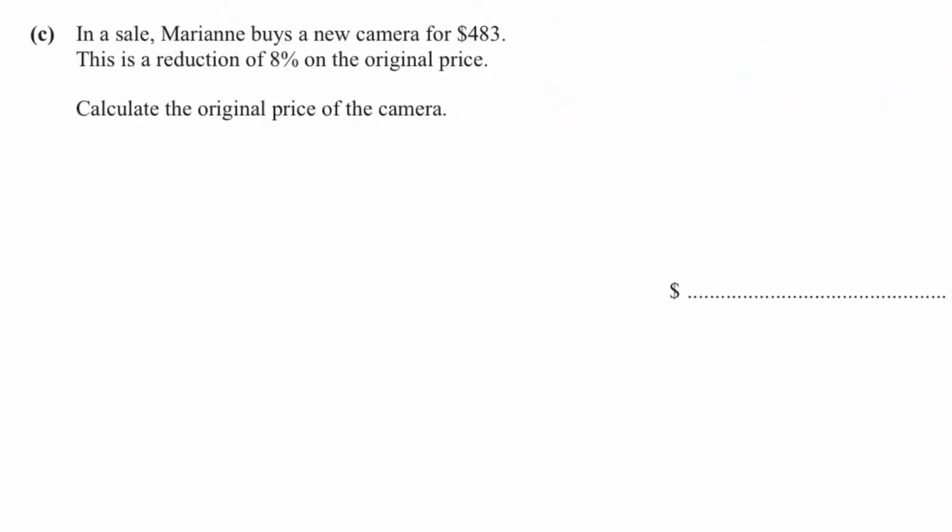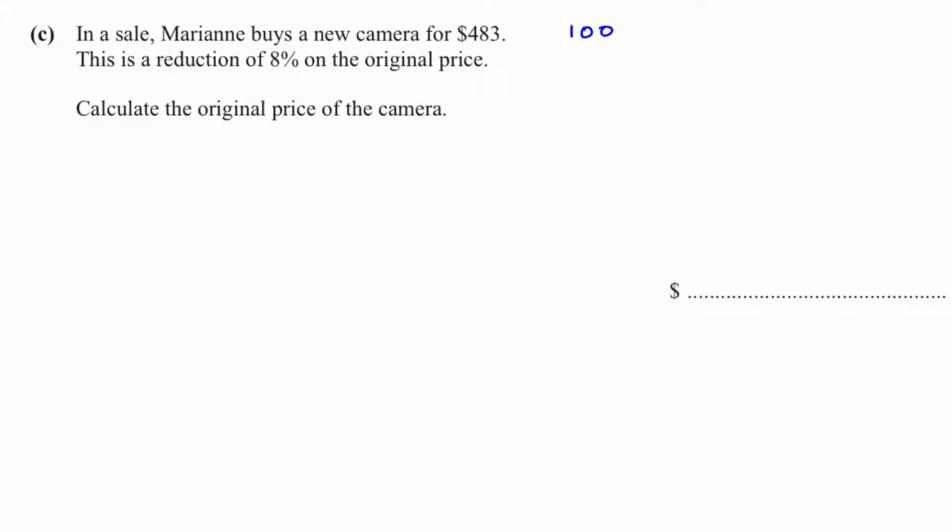Part C. In a sale, Marian buys a new camera for $483. This is a reduction of 8% on the original price. Calculate the original price of the camera. This is reverse percentage. Whenever you want to find the original price or the original value of something and the new price is given to you,